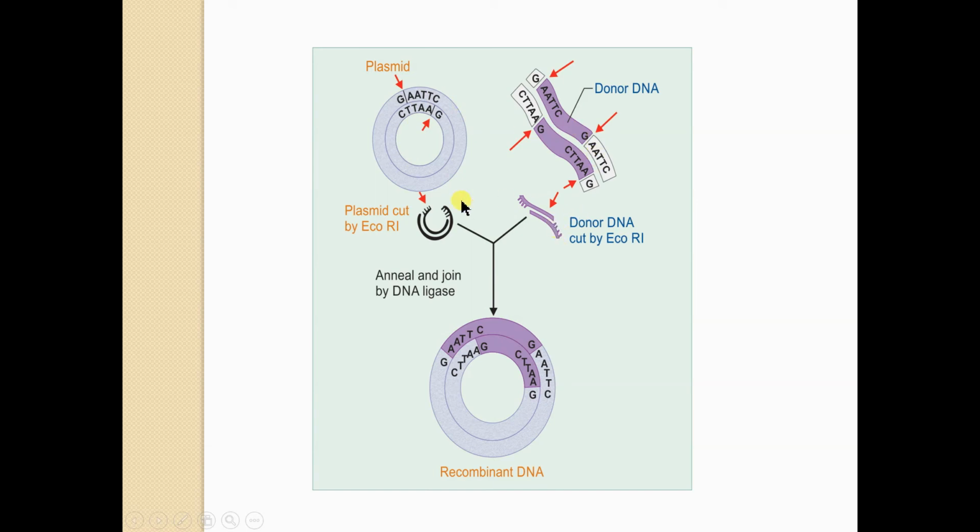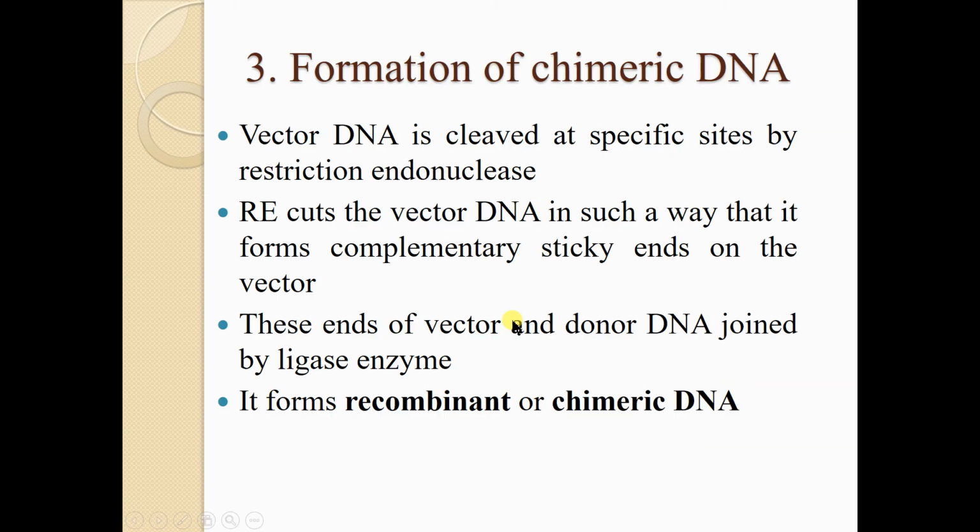These sticky ends will now easily bind with each other with the help of the DNA ligase enzyme. So what we get here is the recombinant DNA. The light blue portion is the plasmid DNA molecule, while the purple DNA molecule is from our interested DNA. Suppose this is our interested DNA, insulin, that we have added here.